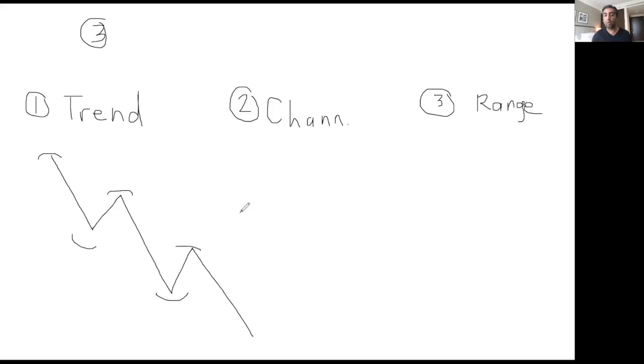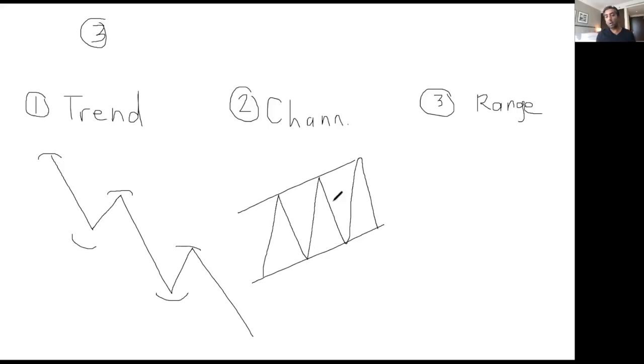Okay, what does a channel look like in an uptrend? It goes up, pulls back, deep pullback, very good, and then goes up slightly higher than before, deep pullback, goes up slightly higher than before, deep pullback. So now, if I draw a line here and I say, oh, that's a nice support and resistance, my goodness, will that SNR area work to do a buy off of? Why not? Is it because it's a channel?